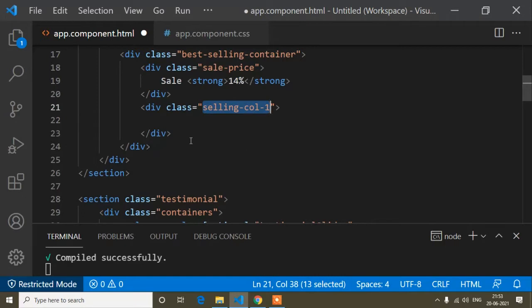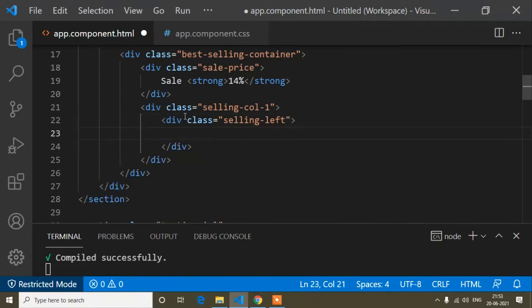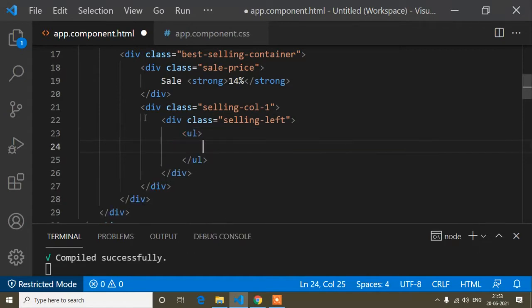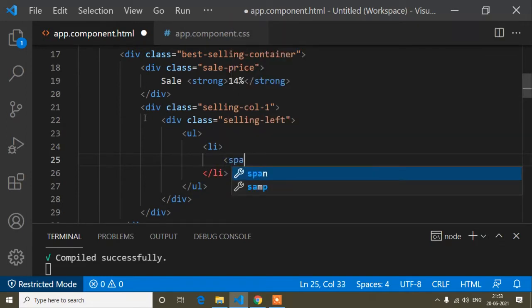In this I will write another div, div class selling-left. Here I will add some ul and li, and first of all a span tag.